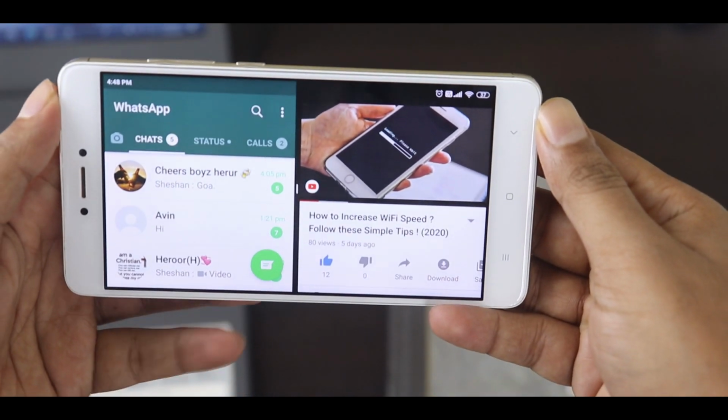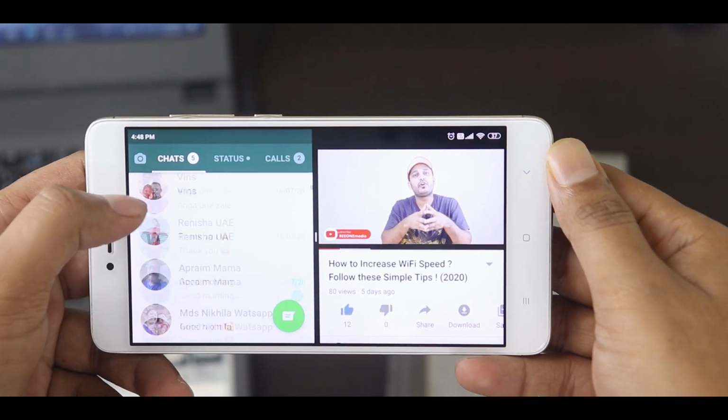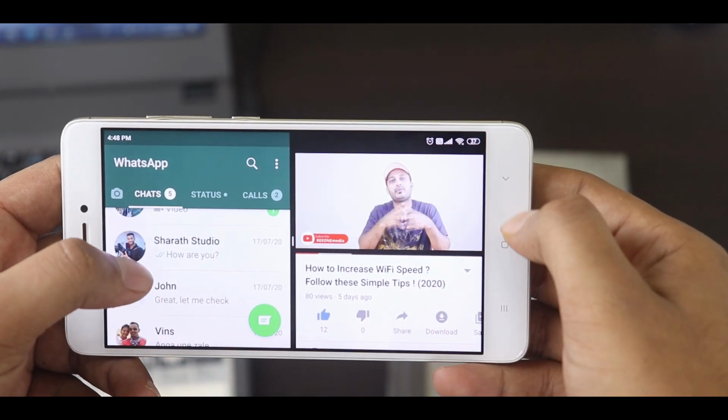The next Android tip is using split screen on your phone. If you want to do two tasks at once, like if you want to watch a YouTube video and at the same time text with your girlfriend, boyfriend or friend, then you can make use of the split screen option in your Android phone. I know it feels annoying sometimes when somebody sends a message while you are watching YouTube videos or movies on your phone. Most of the time, we ignore that message while watching something. But if a message comes from your girlfriend, then you cannot ignore that, right? And you don't have to pause your videos every time just to send a message.